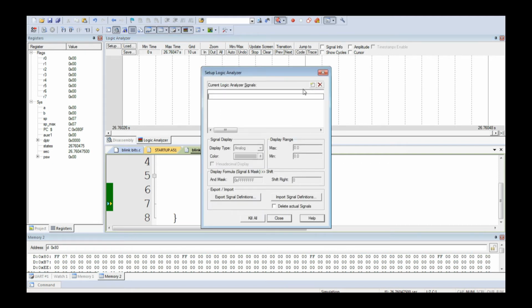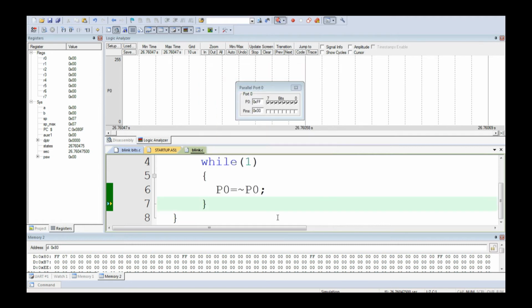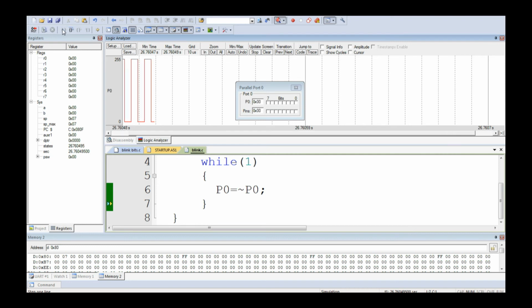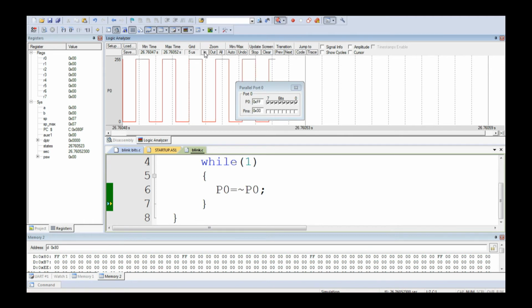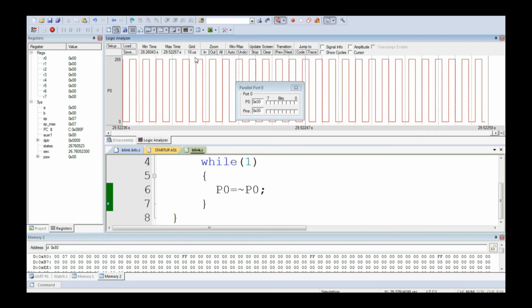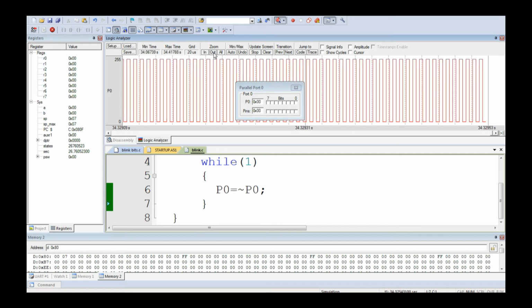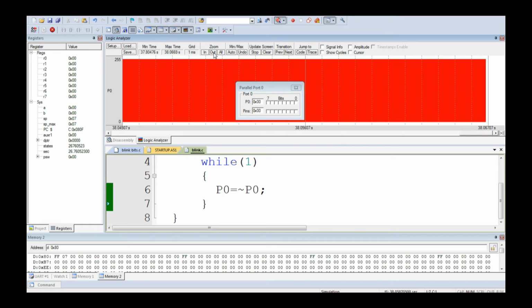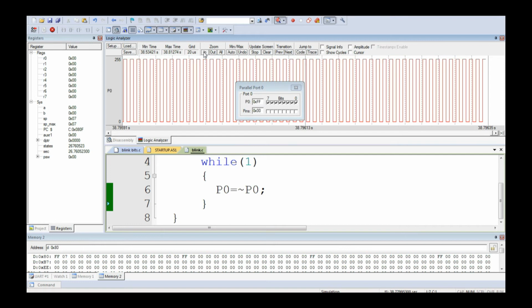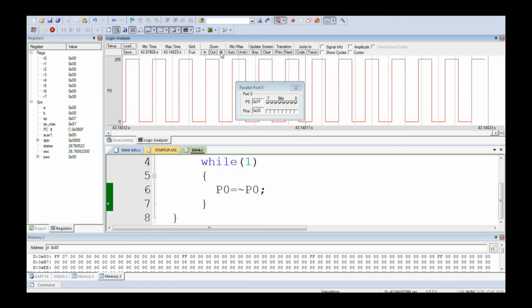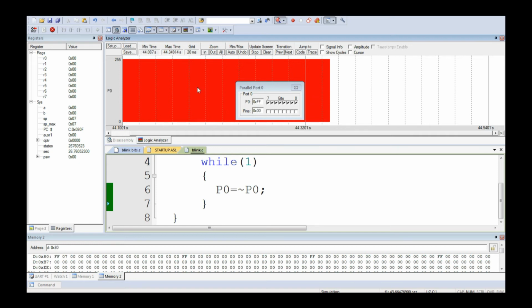So port 0 can be visualized like an oscilloscope. So there is a possibility for us to see port 0 like a CRO. Don't worry that there is no CRO with us. There is a possibility for us to simulate port 0 by using this. Now you can see the square waveform. So this is how port 0 looks. There is a possibility for us to zoom in, and to zoom out. If you run, quickly a lot of waveforms are going, right? If we zoom out, you can see, fantastic, right? If you go in, you can see the internal waveforms.